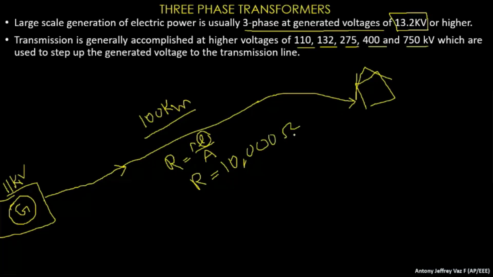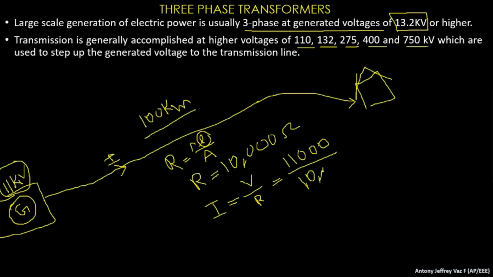Okay, assume like this. Okay, what happens here? The current flowing in the transmission line will be I is equal to V divided by R. Okay. Now 11 into 1000, which is 11 kV, divided by resistance is nothing but